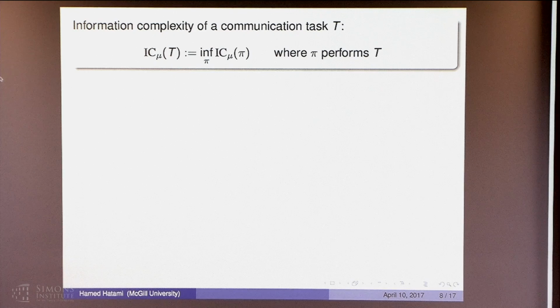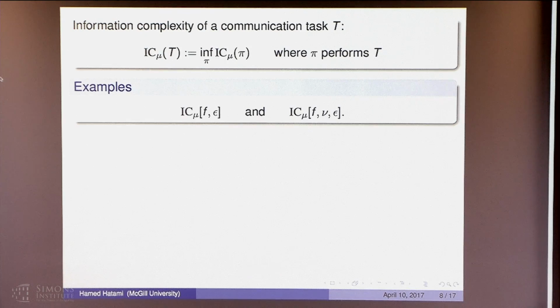And here, you can't take the minimum. Infimum is necessary. Even for something as simple as the AND function, you really don't have a single protocol which achieves it. You can construct a sequence of those that achieves it. All right, so that's the information cost of a